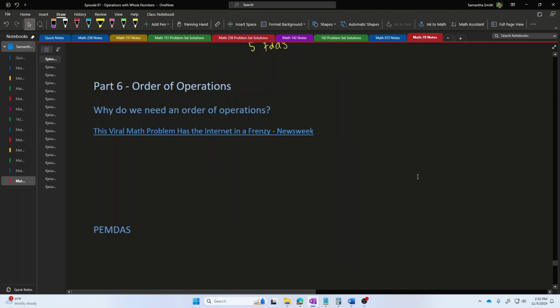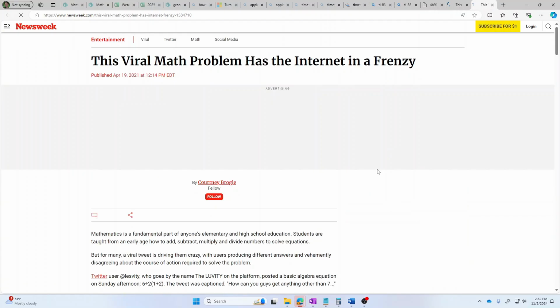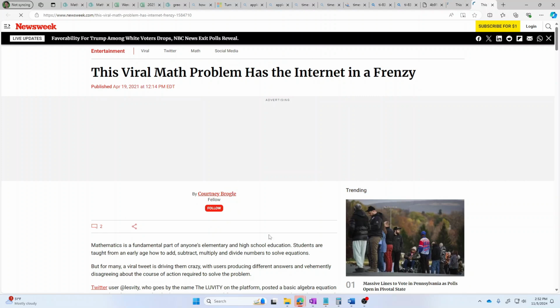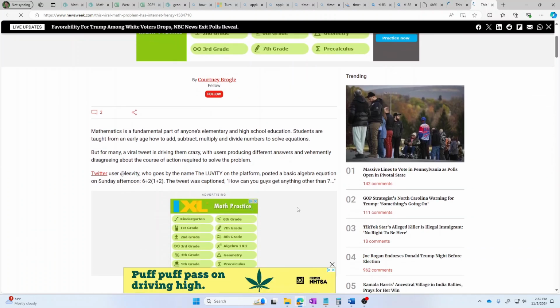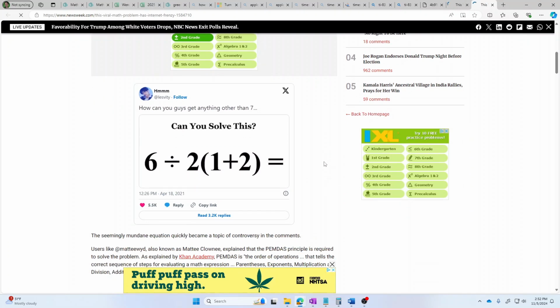To conclude this episode, I would like to talk about what you do if you have a problem that has lots of different operations in the problem together. A problem that has addition and subtraction and multiplication and division and maybe some exponents as well. Now, to give you an example of why we need to agree upon how to calculate expressions that contain multiple